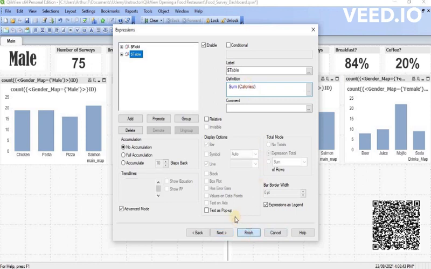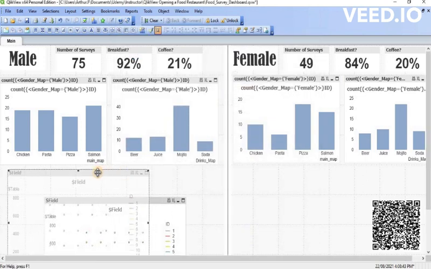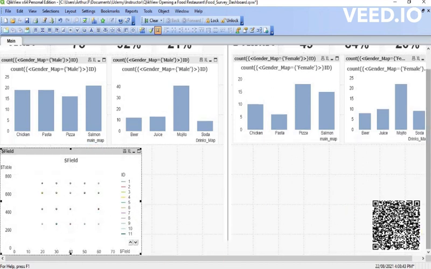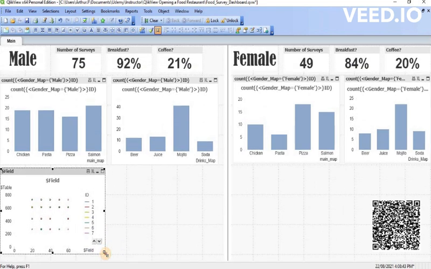Now let's hit finish. And right now we can see our scatter plot here. Let's resize our scatter plot a bit. Okay, now that we have our scatter chart here,